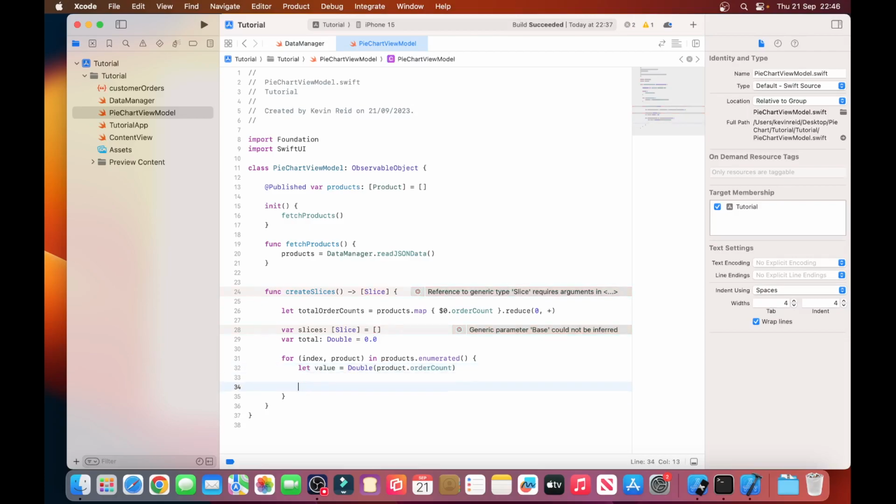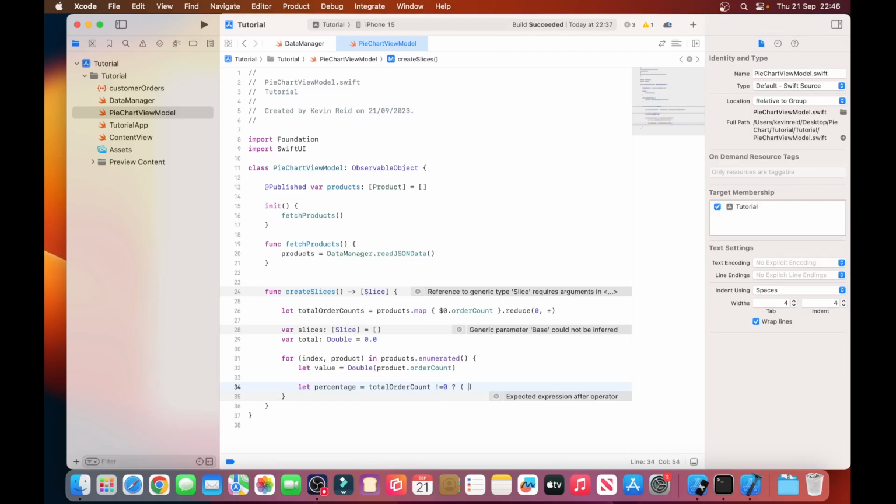So how we do that, we have to create another variable. Let percentage equals total order count is not equal to 0